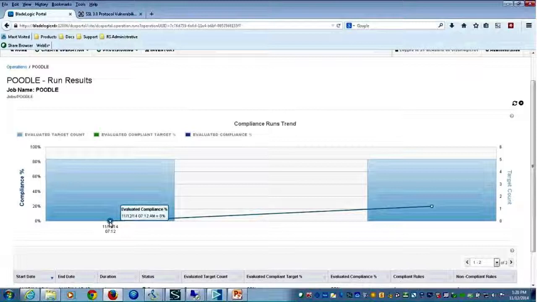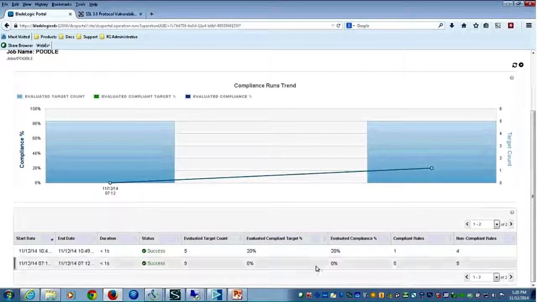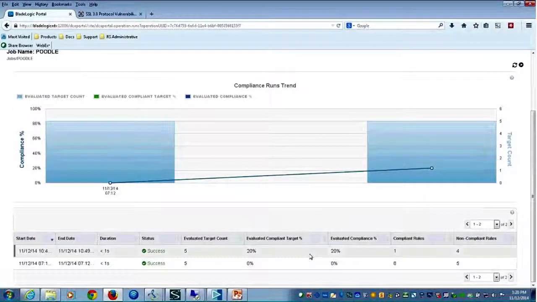So the next thing I did was to go ahead and apply the remediation package just to one server. And you can see where my compliance went from 0% now up to 20%. Again, one of the servers had that fix applied, so now I'm somewhat compliant, but again, not totally. As I scroll down a little bit more, thinking about it from a table perspective, I can see quickly the first run here, 0 all the way across the board. As we start to apply a fix, I can see that we're gaining some compliance.